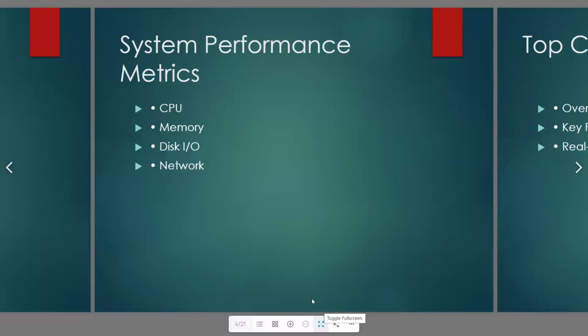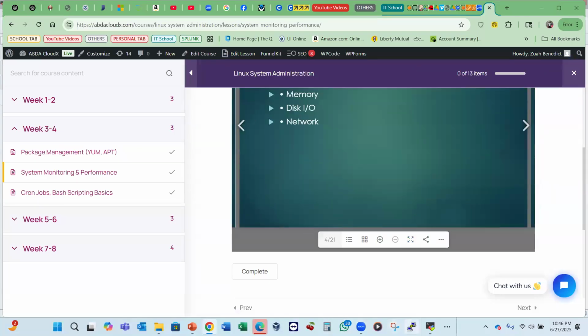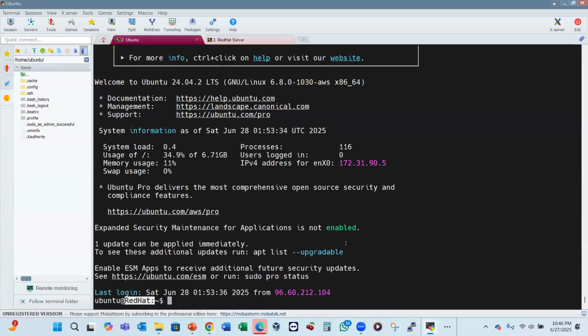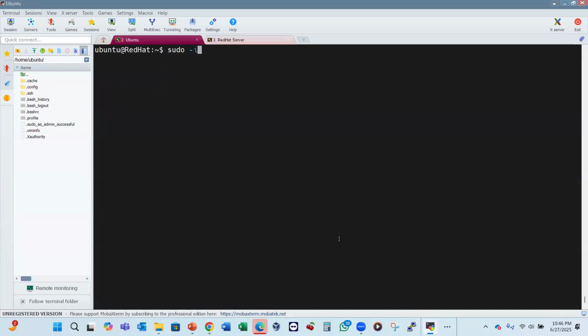Now, how do we access the system CPU, the memory, the disk input output, network, and all that kind of stuff? How do we access that information to be able to look at the performance? How do we do it? Let's go to our Ubuntu machine. All right, I'm going to switch back to my root user. Now, guys, if we want to find out how many CPUs the system has,